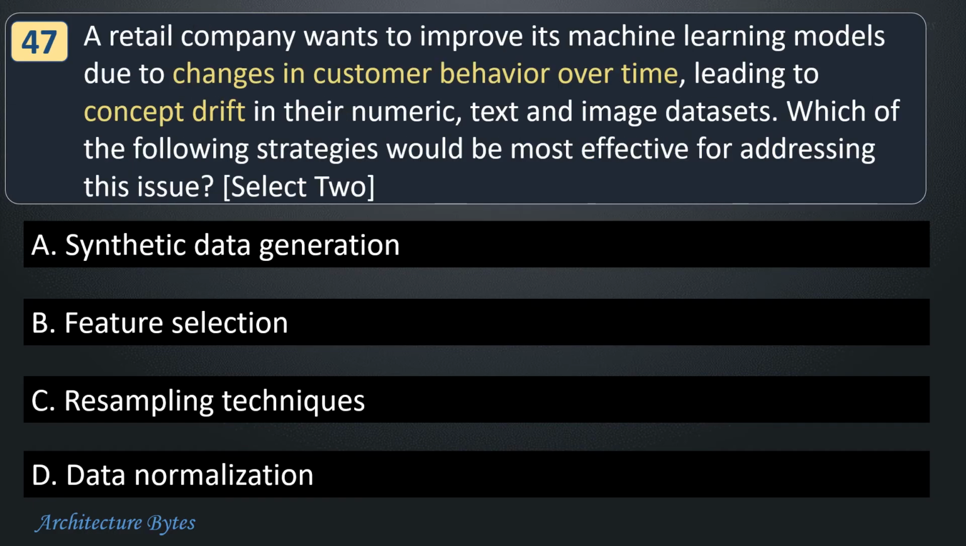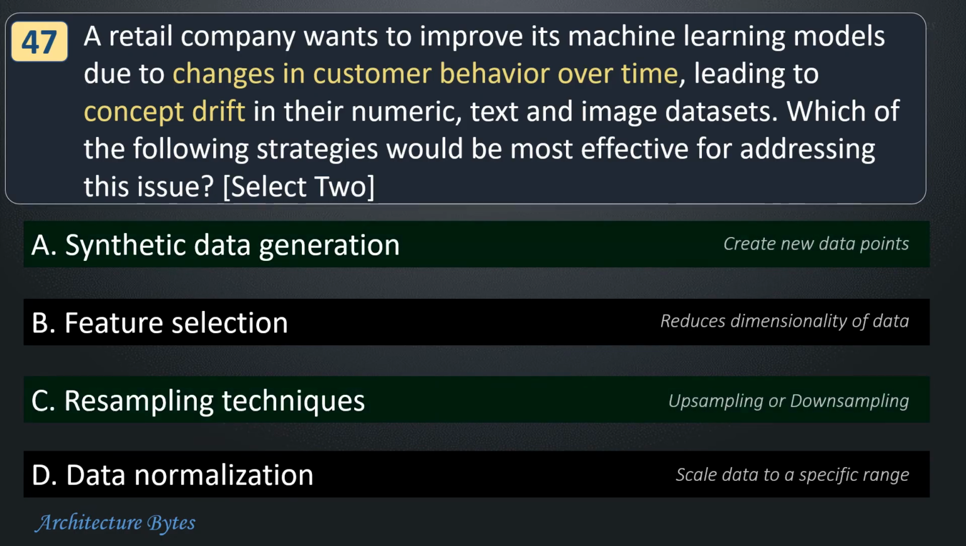A retail company wants to improve its machine learning models due to changes in customer behavior over time, leading to concept drift in their numeric, text, and image datasets. Which of the following strategies would be most effective for addressing this issue? Select 2. Our options are synthetic data generation, feature selection, resampling techniques, or data normalization. Of these,